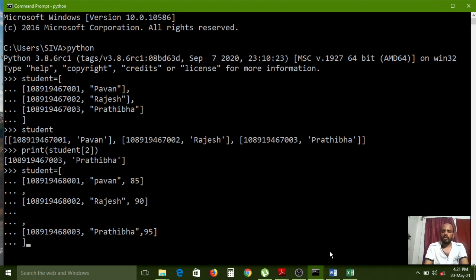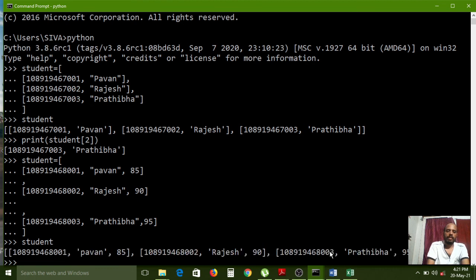Finally I close with this square bracket. Okay, now I am printing the student list. So a 3-dimensional array is also maintained like that, we have to maintain the records with the multi-dimensional. Now you can understand?